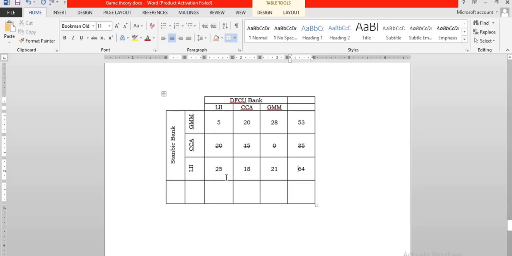25 and 5, 25 is bigger. 18 and 20, 18 is smaller. 21 and 28, 21 is smaller. So it means for the strategy LII and GMM, the dominant strategy does not exist. Now that we have finished